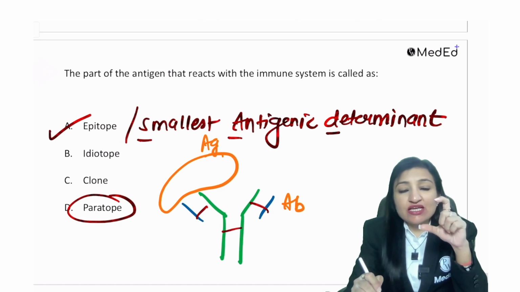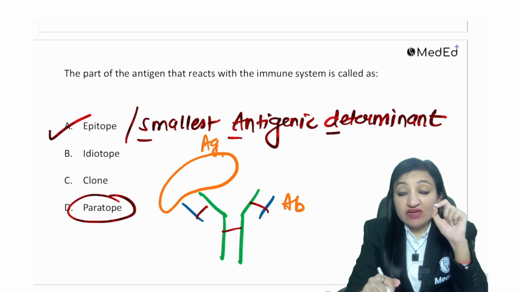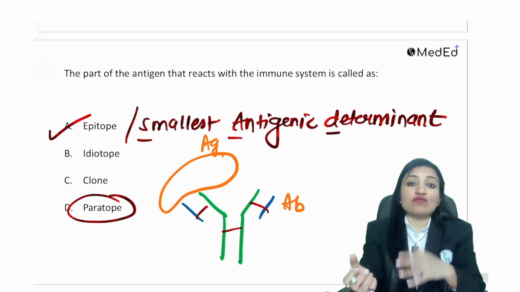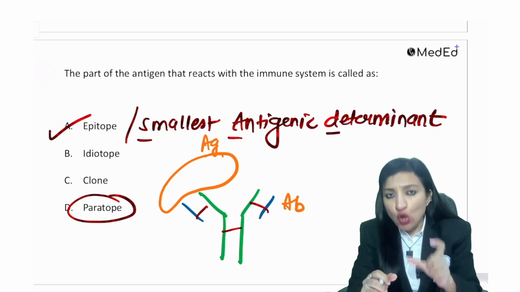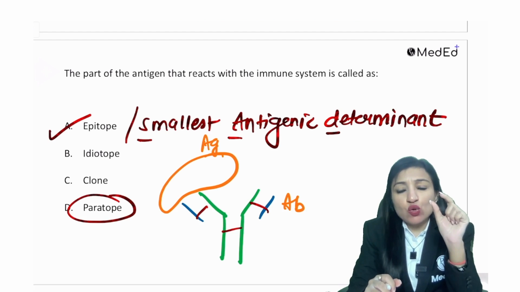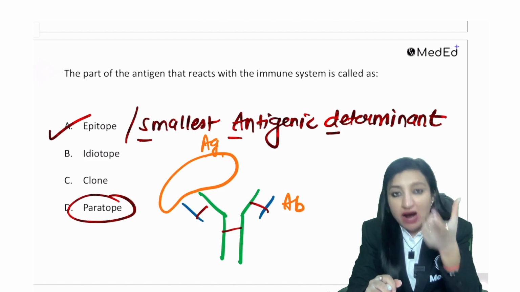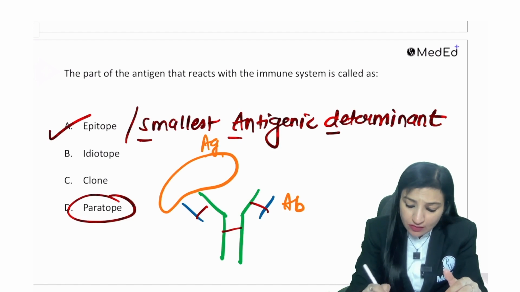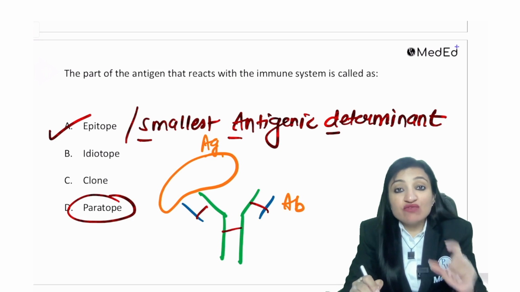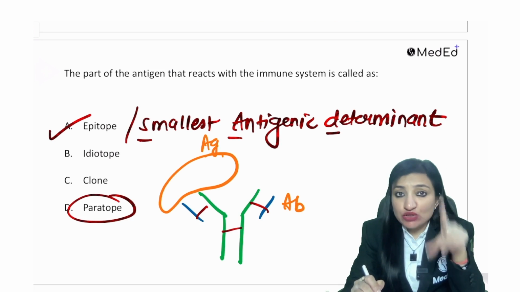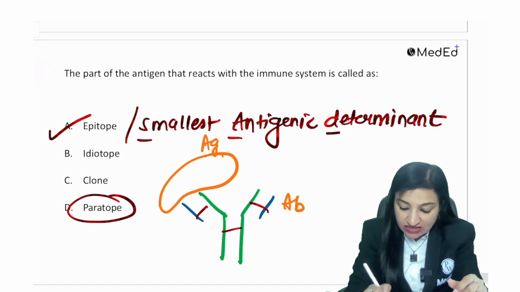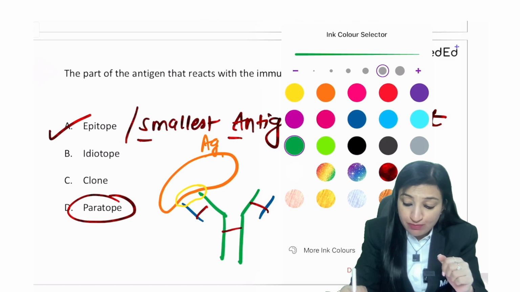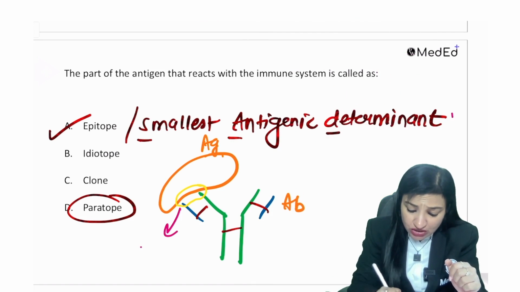Just like a lock is opened with a specific key only, and the entire lock does not touch the entire key, and the entire key obviously is not going to touch the entire lock. A part of the lock only comes in contact with one part of the key. So same funda here also. The part of the antigen which is actually coming in contact with the antibody is this one, which I'm encircling in yellow color.